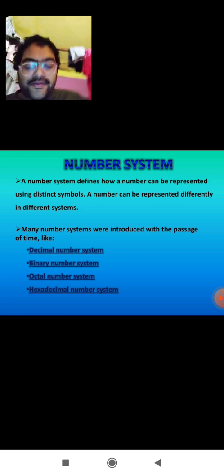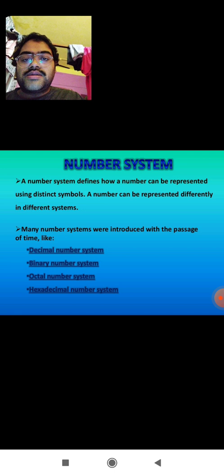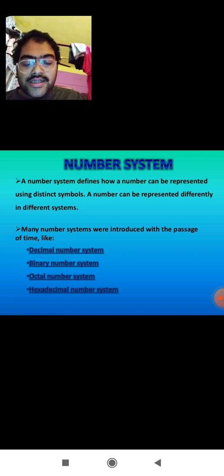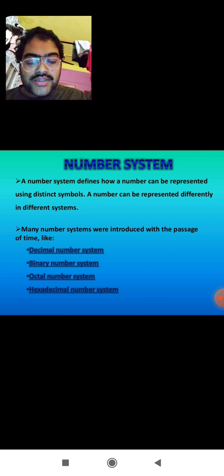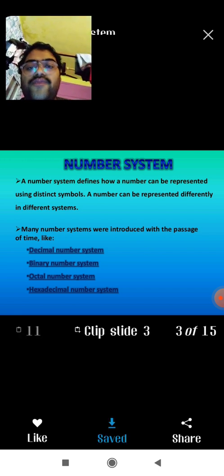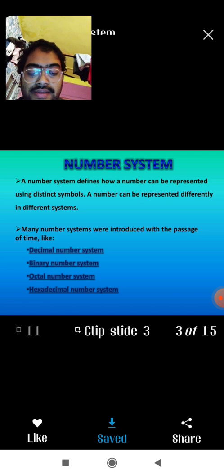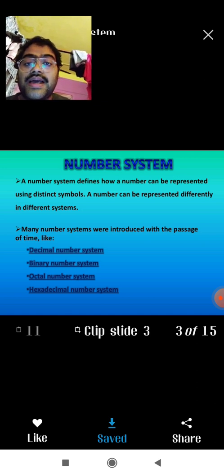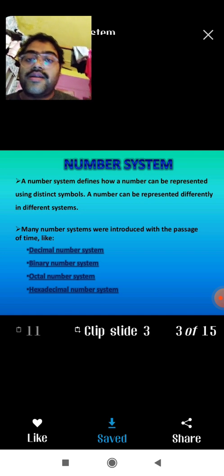Q: minus half, 0.033, etc. Real numbers, the set of rational numbers with the set of irrational numbers adjoined: minus 3, minus 1, 0, 1 by 5, root 2 by 4, etc. Complex numbers, this is also a very important number, which is always represented by capital C. The number which can be written in the form of a plus bi, where a and b are real numbers and i is square root of minus 1.